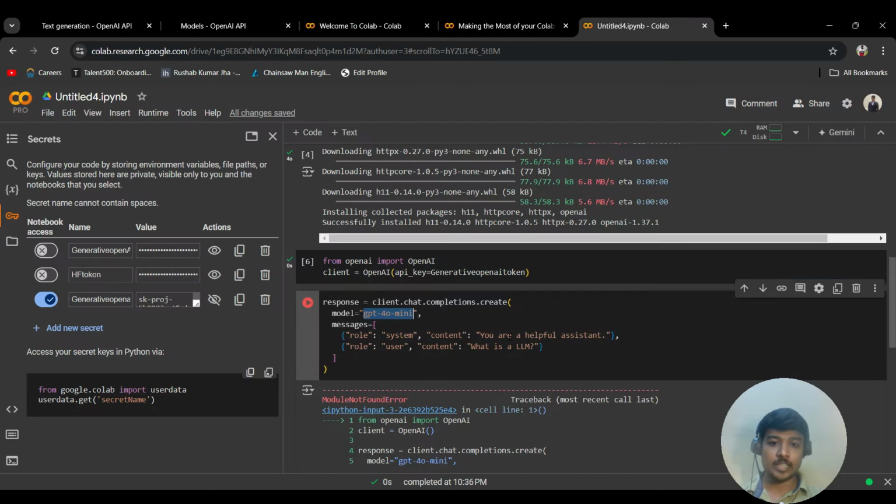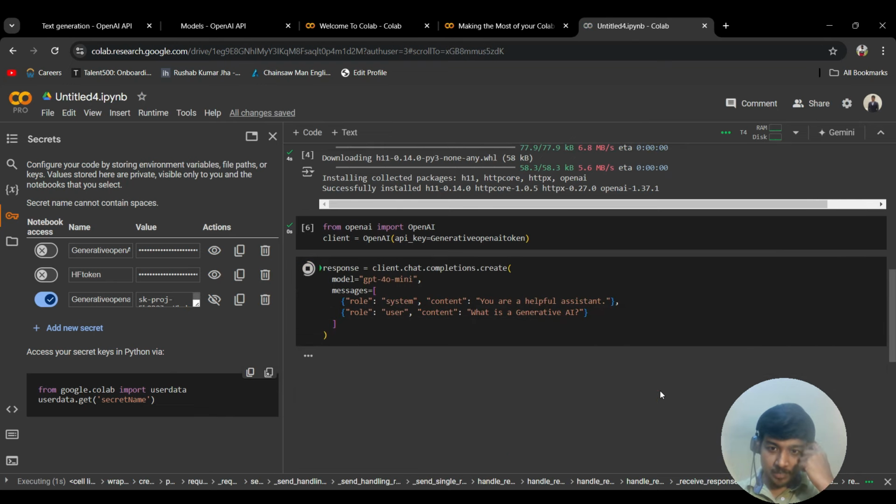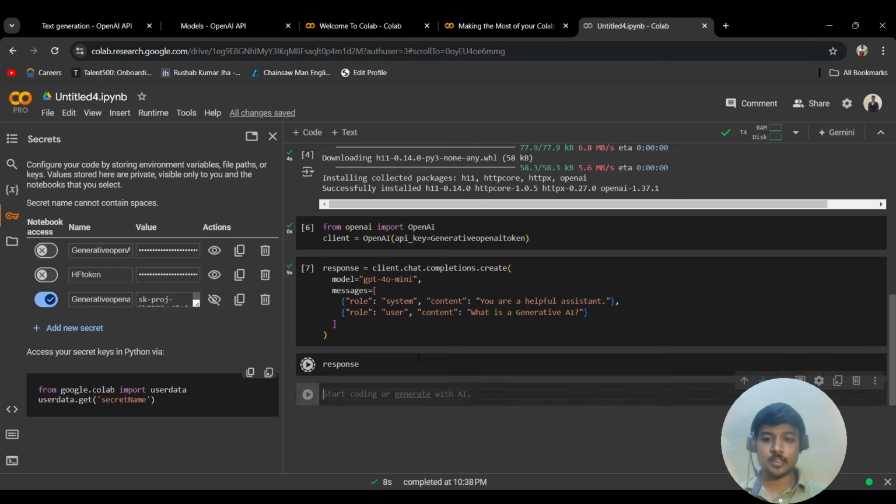Let's run this model. Let's ask it a different sort of question. Let's ask what is machine learning or what is generative AI as per this model. Let's see that. Okay, and let's run this particular piece of code. I'll explain what exactly this code is all about as well. So nothing to worry about. It's pretty simple, nothing major over here. I'll show you what exactly this means. Let's run the response as it's stored over there.